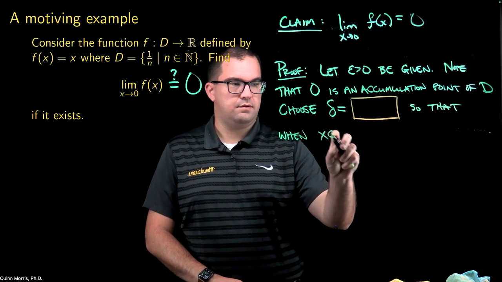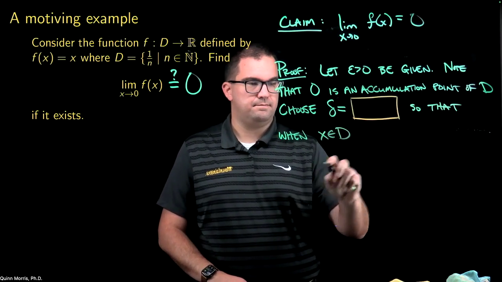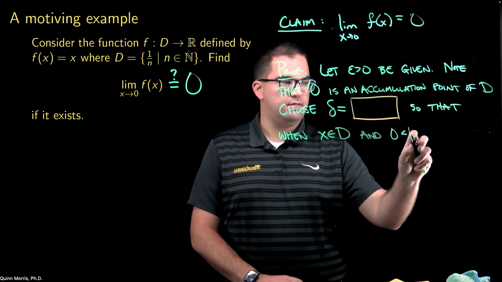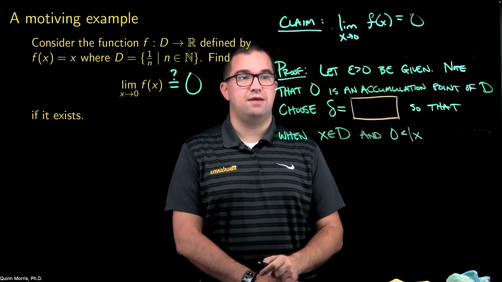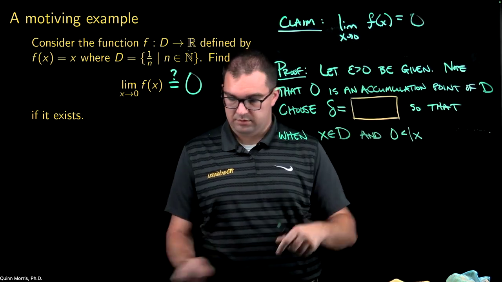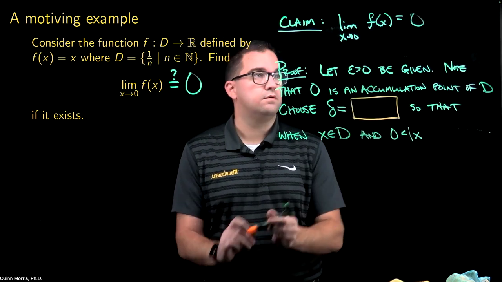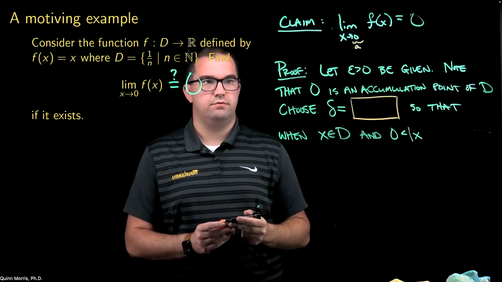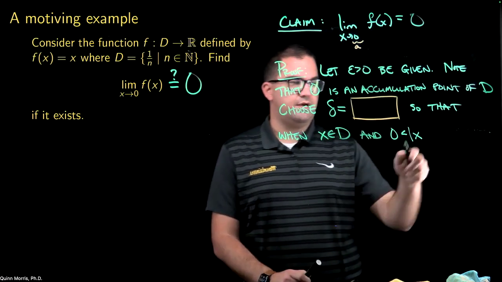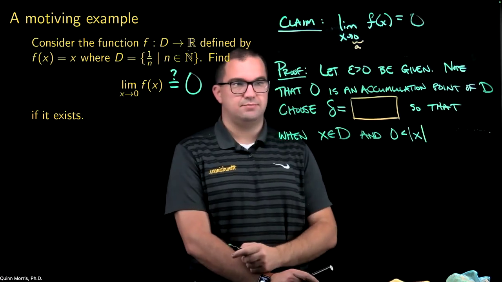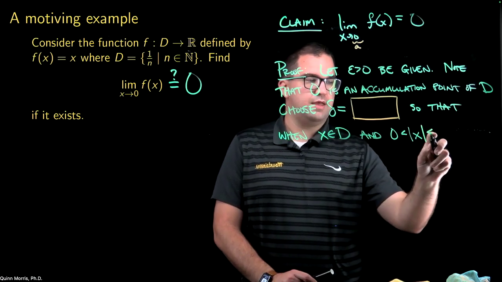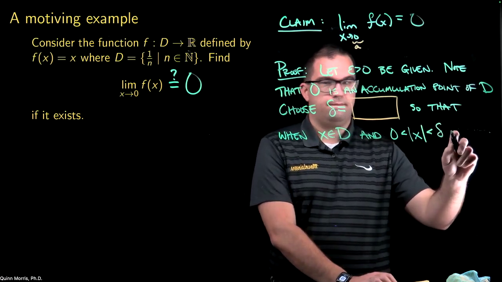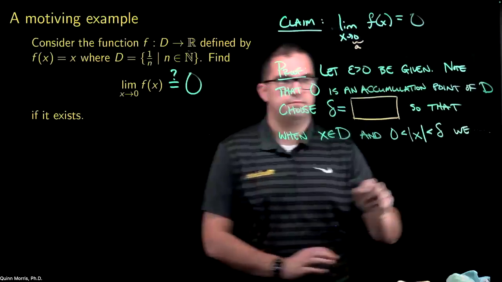when x is in the domain and the absolute value of x minus a, well, in this case, my a, that's my a value, okay? So the absolute value of x minus a is just the absolute value of x. So that when this is between 0 and delta, we have,